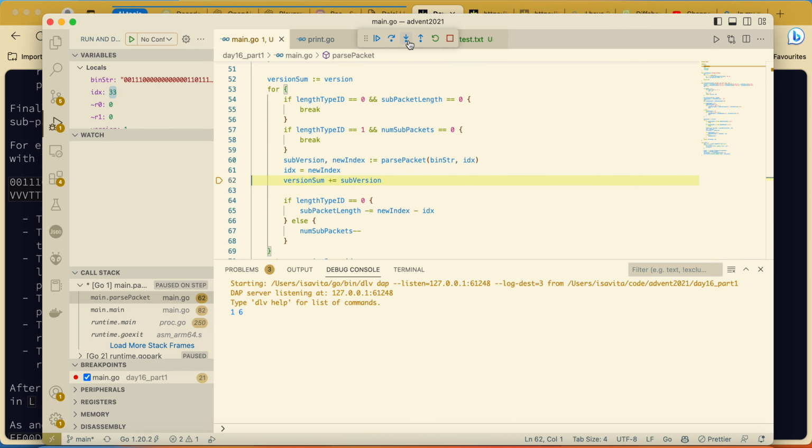After that we add this sum. We're checking length type ID. Is this 0? If it's 0, we're having our new minus the ID.